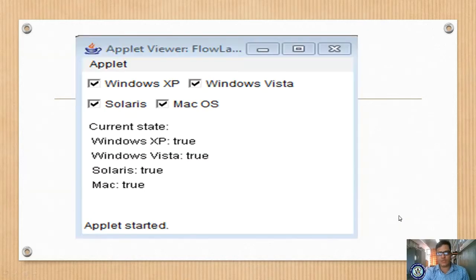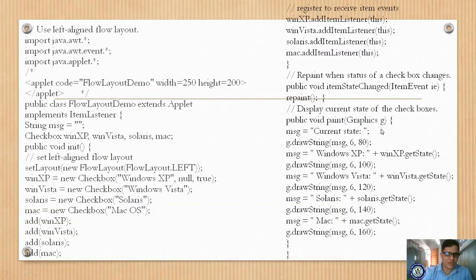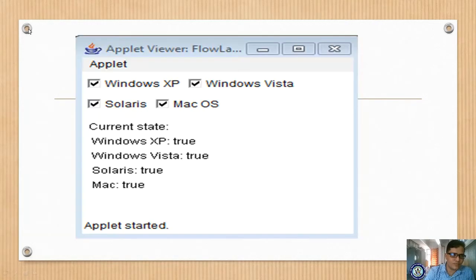So if you run this program, here these 4 checkboxes will be aligned from left to right. Okay, it has been aligned from left to right and information is displayed. But if you maximize this, it will become within one single line according to your content. So to better understand, let me copy this program.